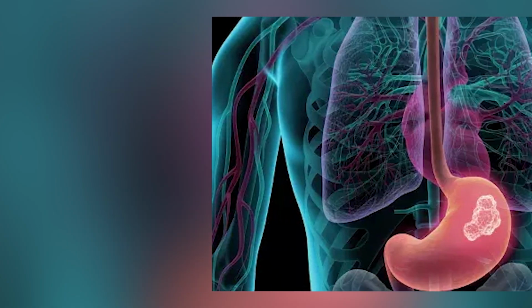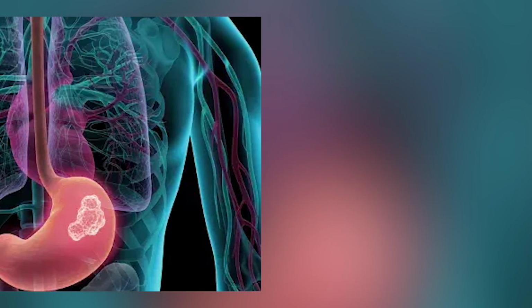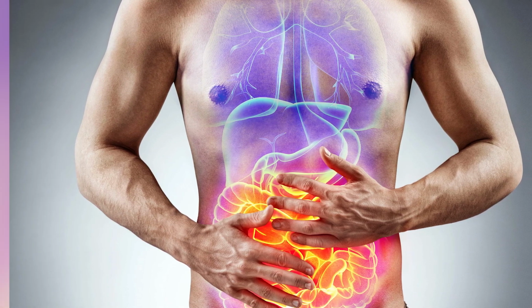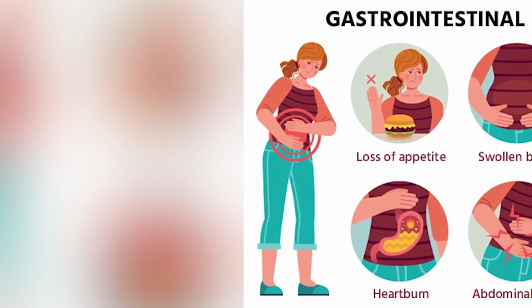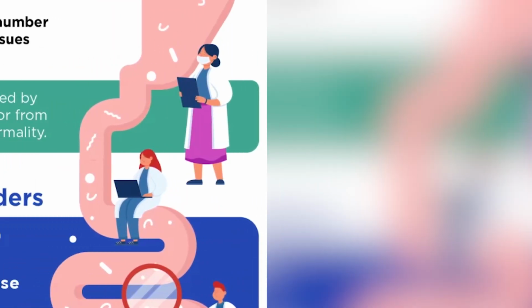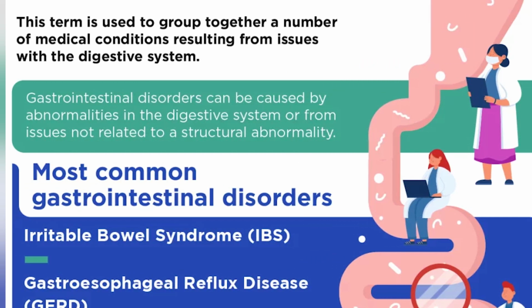The vocational grid categorizes jobs based on exertional levels: sedentary, light, medium, heavy, very heavy, as well as age, education, and skill level. For individuals with chronic gastrointestinal disorders, the grid becomes particularly relevant in assessing their ability to perform work-related activities within these exertional levels. Gastrointestinal disorders can result in a range of symptoms, including abdominal pain, diarrhea, nausea, and fatigue. These symptoms can impact an individual's ability to maintain employment, especially in jobs that require consistent attendance or involve physical